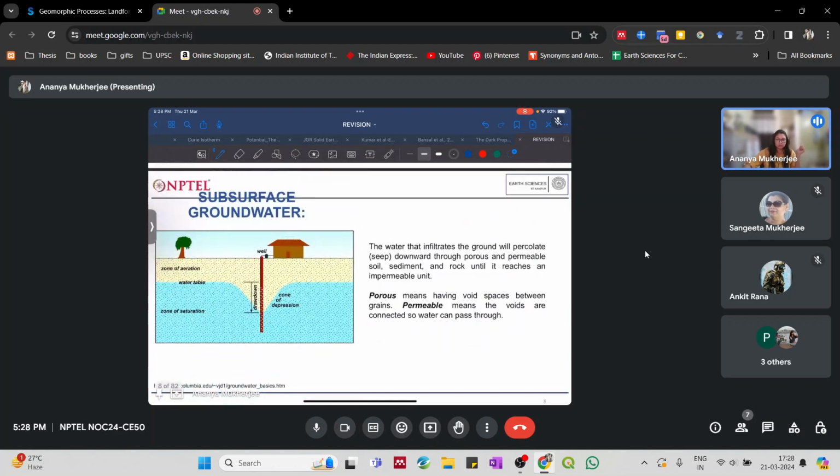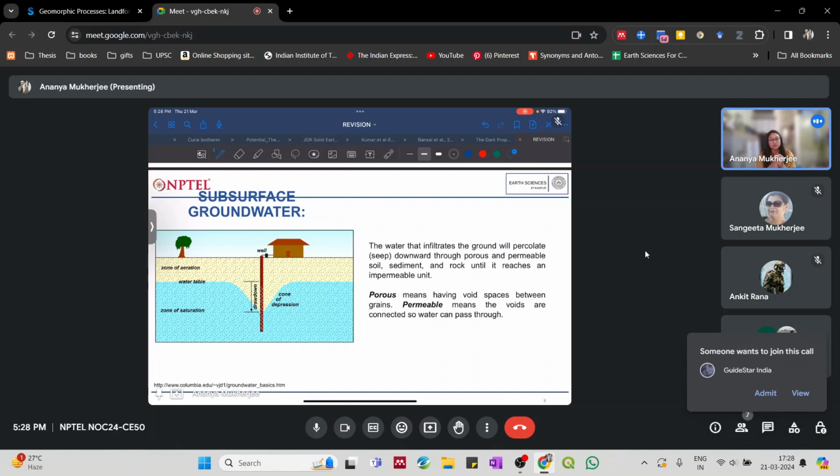Okay, so now we saw how the atmosphere has a role in changing the weather, as well as causing changes in landscapes with time, because the overall changing climate and the processes that result from these changes all have an effect on the landscape formation or landscape variation that we see. So subsurface groundwater is one natural agent,